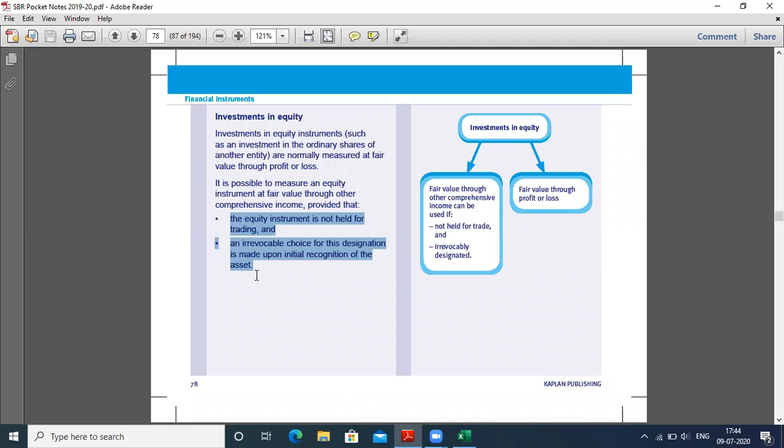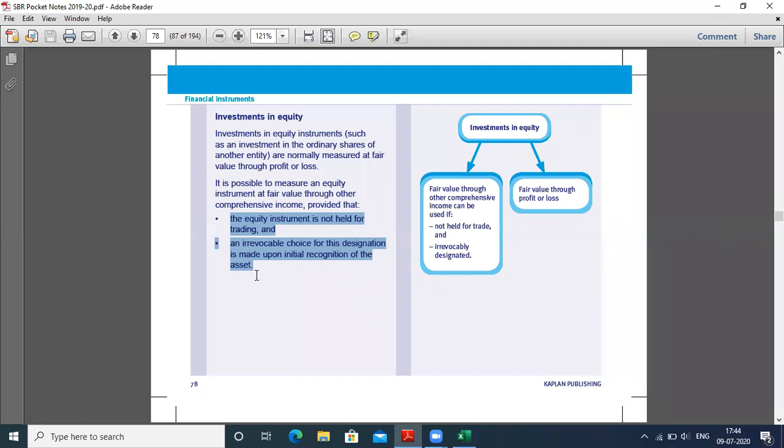But if you want to show the difference in the other comprehensive income, the first condition is that the equity shares should not be held for trading. Nothing but the company should not purchase those shares for the purpose of speculation. And the second one is an irrevocable choice for this designation is made upon the initial recognition. It means if you decided to show the difference in other comprehensive income, no matter whether it is gain or loss,